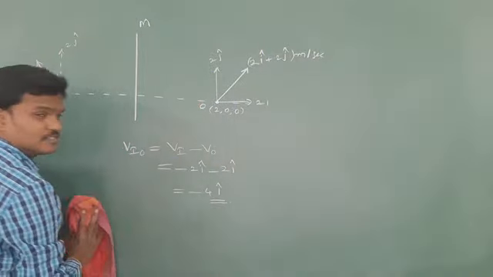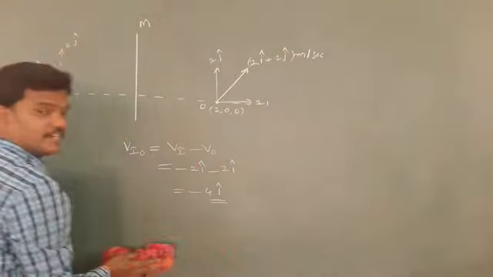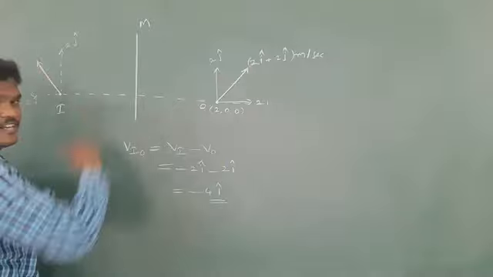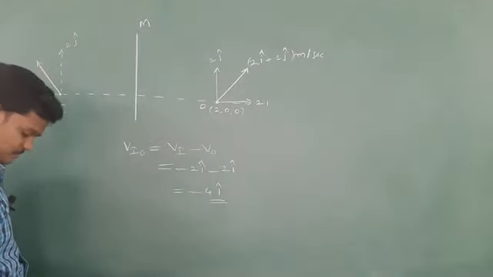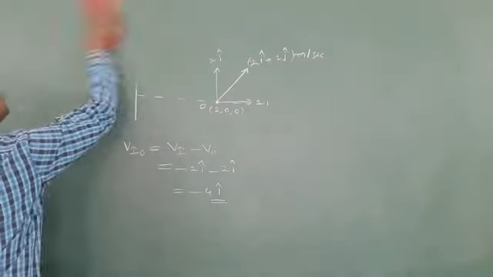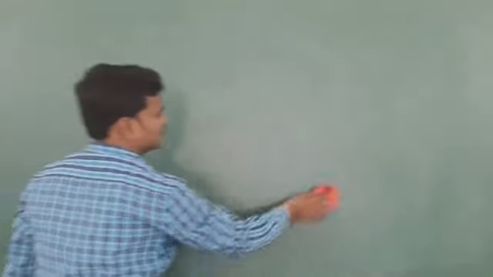Now let me find some coordinates. I will give you one more question. See, this is the mirror, shaded on the other side. See, one more question. Let me find out some x and y coordinates. I will give you a proper question. They have given one diagram. See the question.